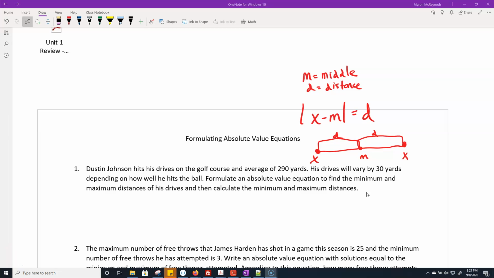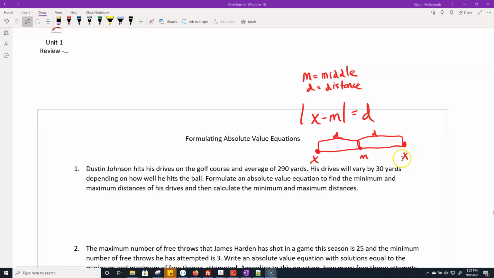All right, for the review on formulating absolute value, this is the number 1 question. You're always going to use this setup equation right here, |x - m| = d. The absolute value of x minus m is equal to d, where m is the middle, like a starting point. They use m for middle, and d is the distance you're going in both directions. So m is this middle spot right here, and you're going d in each direction to your 2 solutions,